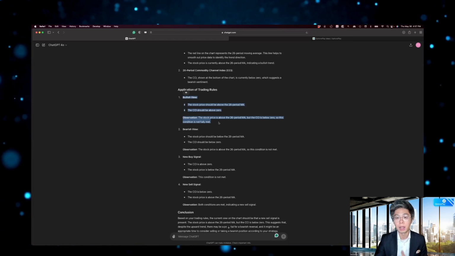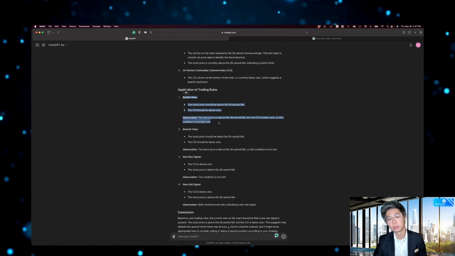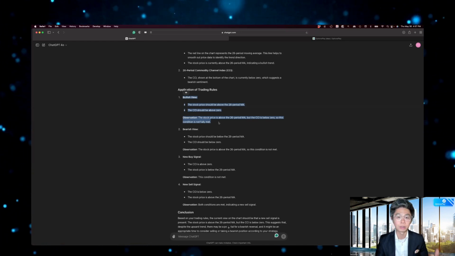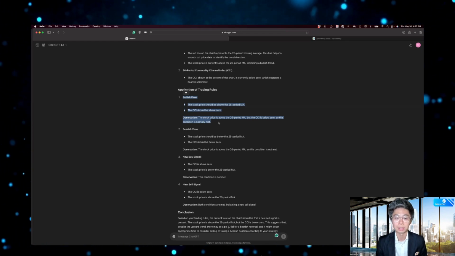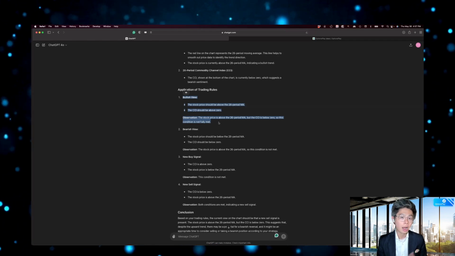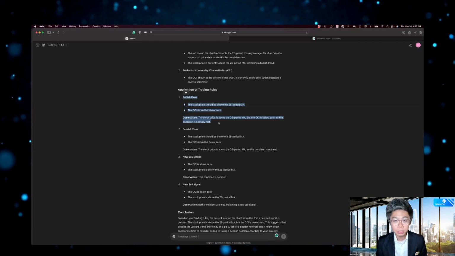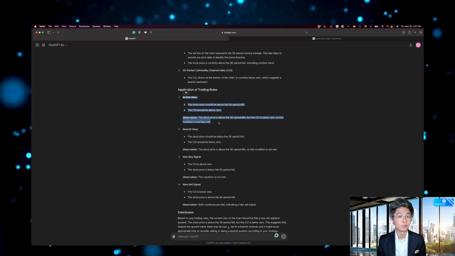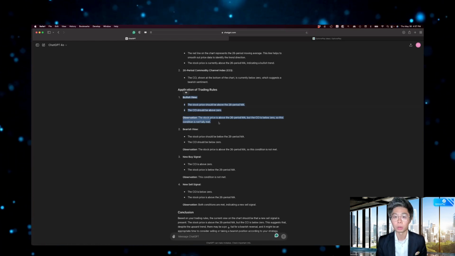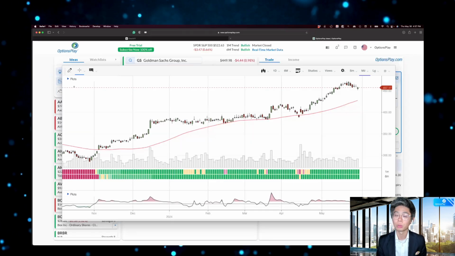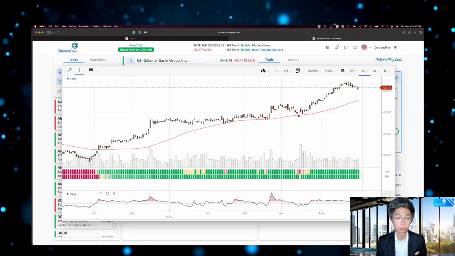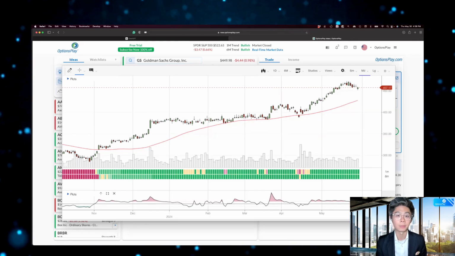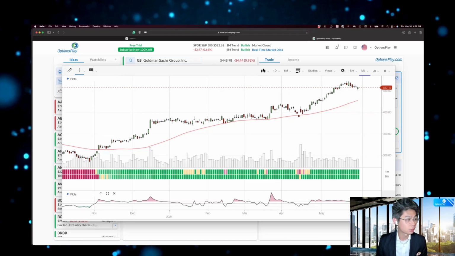Telling you based on each indicator what its interpretation is. And then you can actually have a combination of saying, if these indicators do this, give me a bullish signal. If these indicators do that, give me a bearish signal, vice versa. The world is your oyster as far as how far you can take this. I've obviously given you a very simple setup and a very simple example, but the idea is that you want to take a few minutes, try to articulate what your technical strategy is or how you use technical analysis to interpret your charts. Do it once, and now going forward, every single time you want to analyze a chart, you just go to your platform,